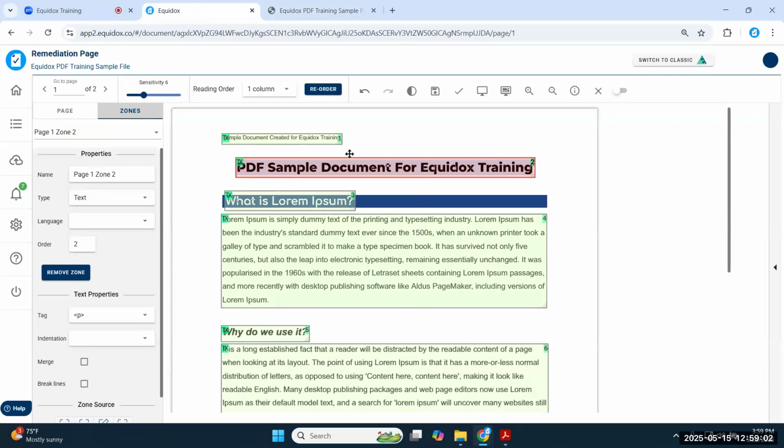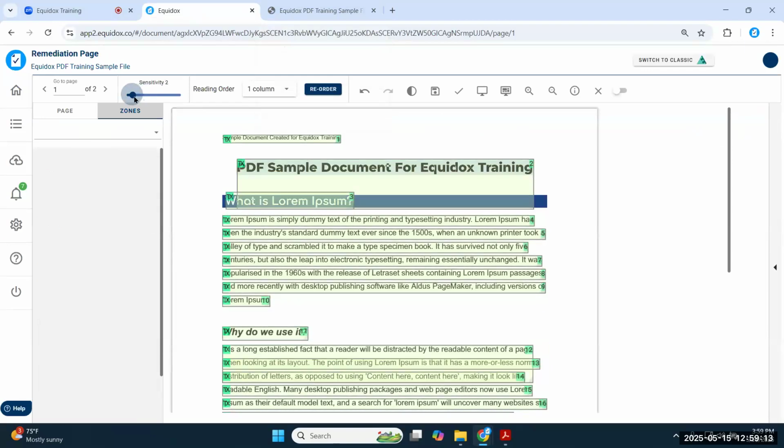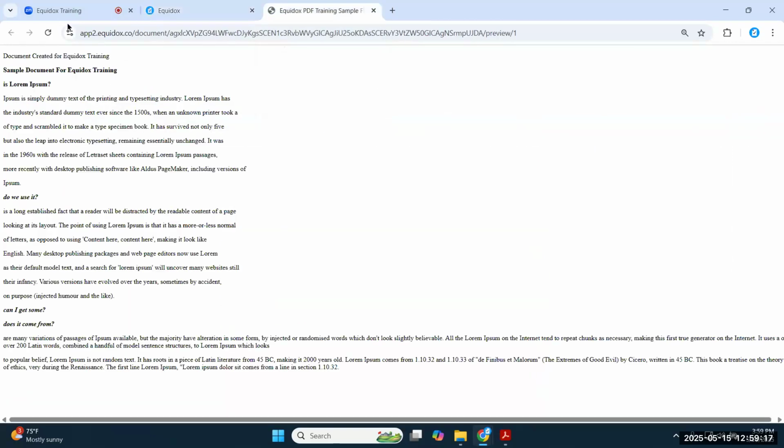So as you make changes back here, it's going to impact how that HTML preview looks, which will ultimately impact how the tags come out of Equinox. For example, if I move my slider way to the left, like I had before, and go back to my HTML preview, you'll see the instant change where you get a bunch of little fragmented sentences acting as their own paragraphs.